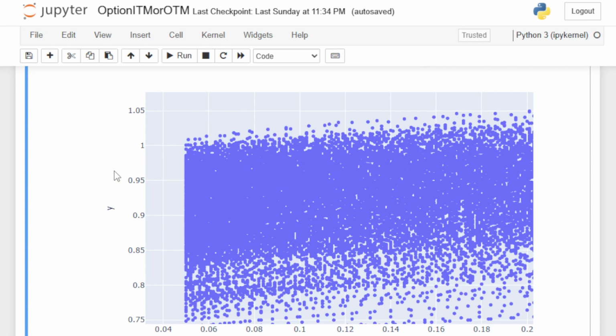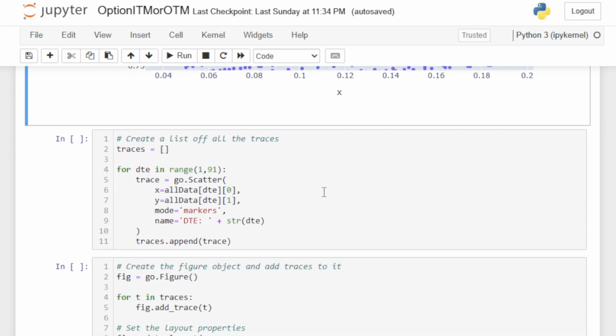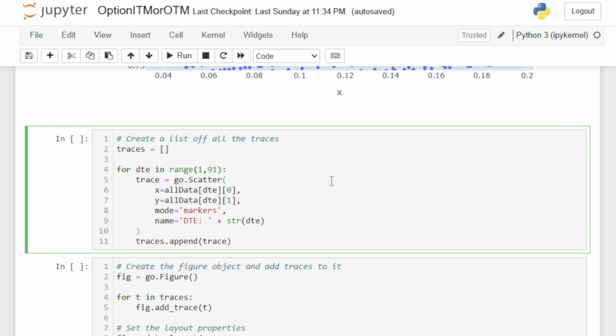So to take this a step further, I'm kind of interested in maybe it's the days to expiration that actually impacts that, right? So this right here is all of our days to expiration up to less than 90 days, so 89 days to expiration. So obviously the more days you have, the more likelihood that one of those events could happen. So what we went ahead and did in our next analysis is we're going to do the same thing,